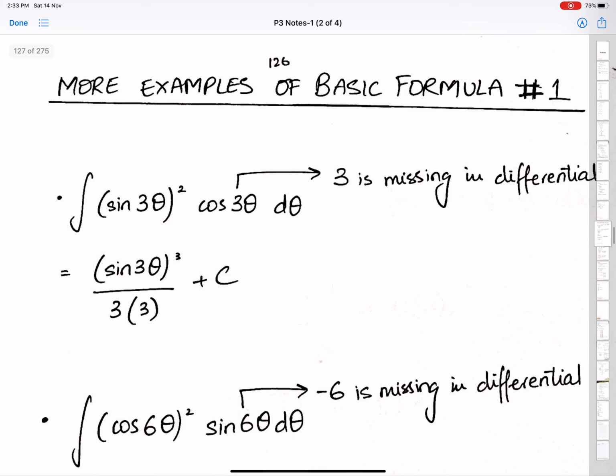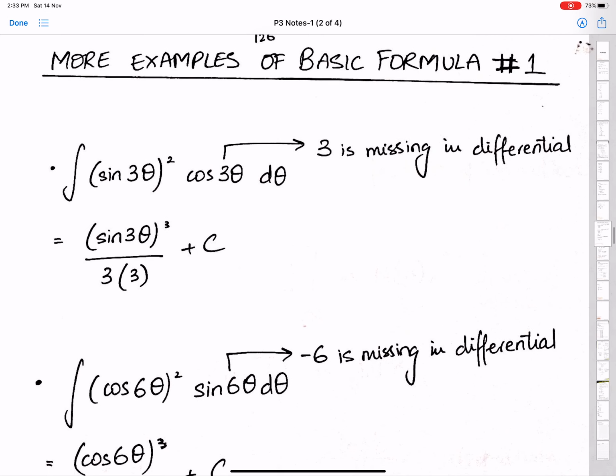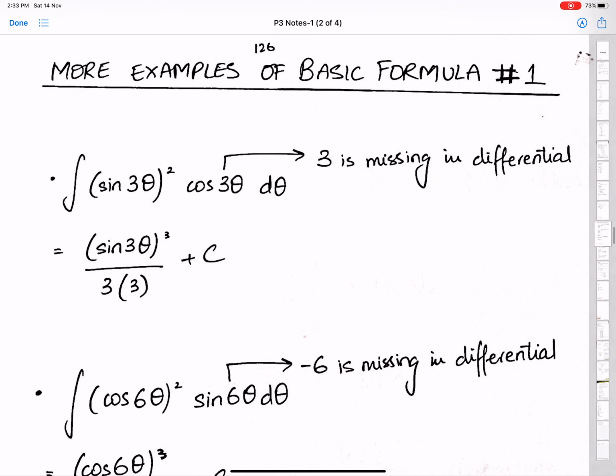More examples of basic formula number 1. I told you we use the basic formula to integrate the products of sine and cos. This is the product of sine and cos. Now you need to understand that the function which has power 1 is the differential and the other thing is the function. I mean, there are two functions, sine and cos. Now you need to observe which one is the function and which one is the differential. The differential will always have power 1